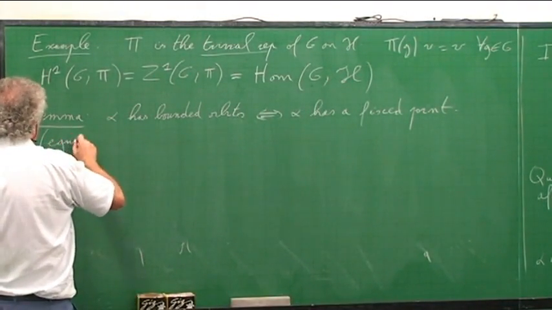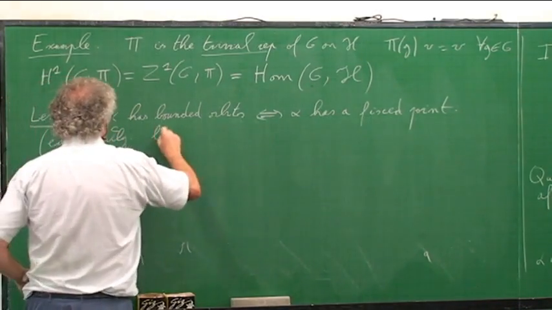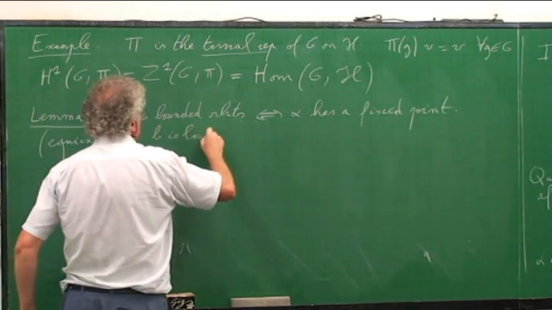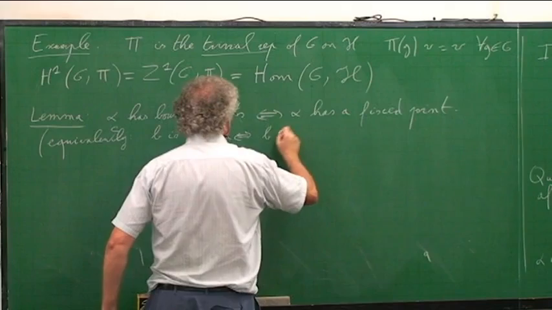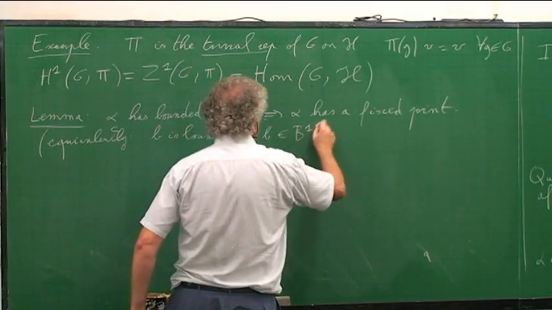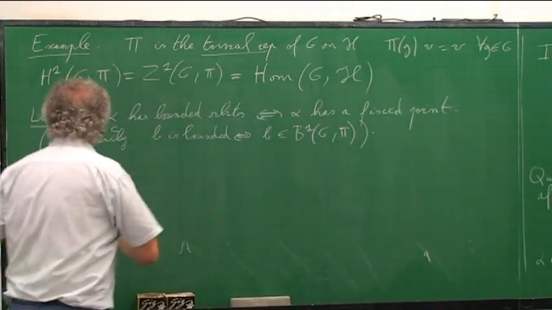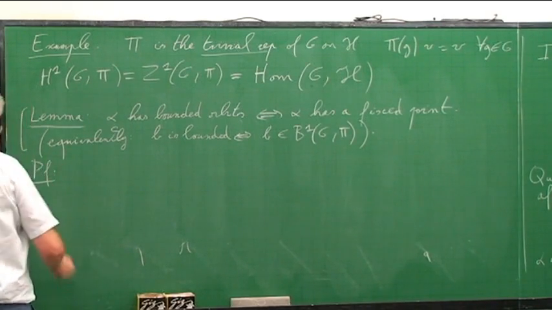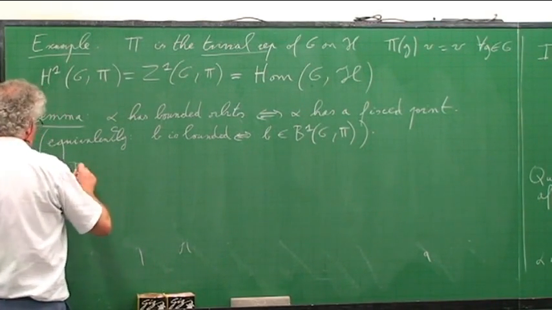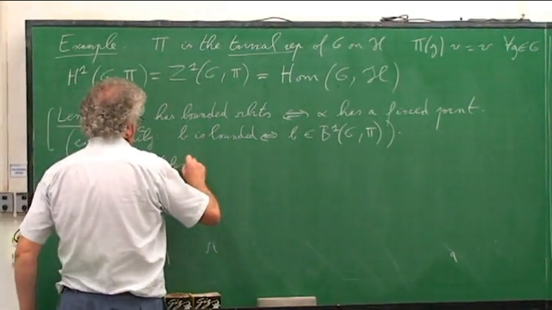Equivalently, b is bounded if and only if b is a coboundary. And the proof is based on the so-called lemma of the center,